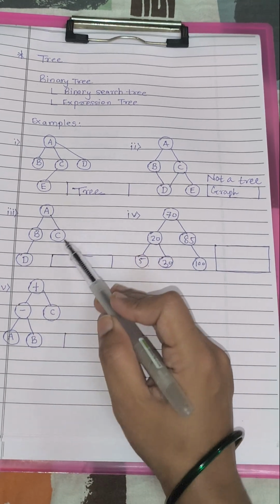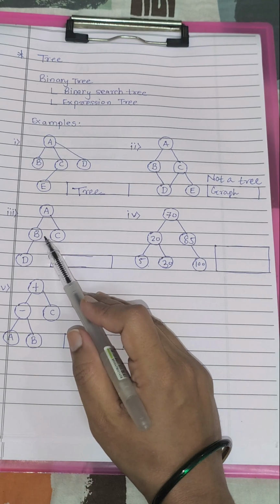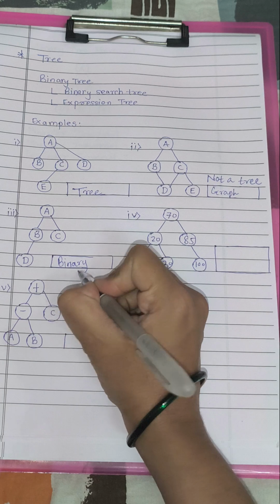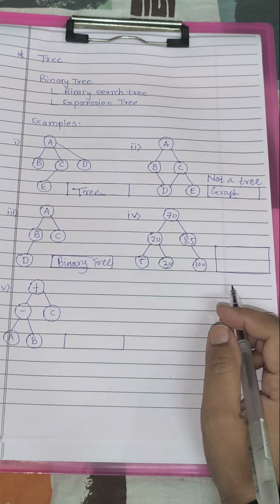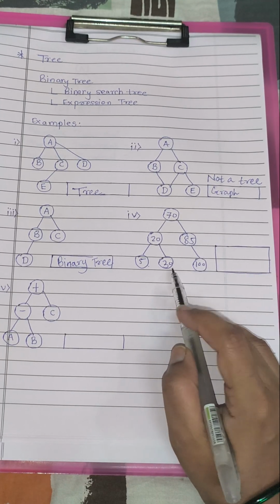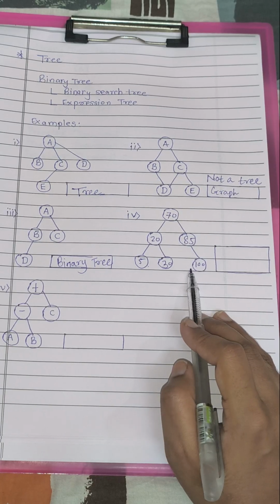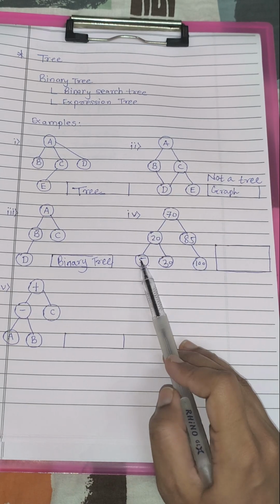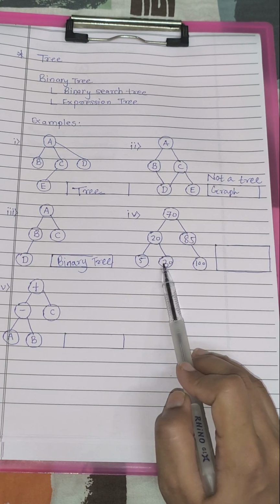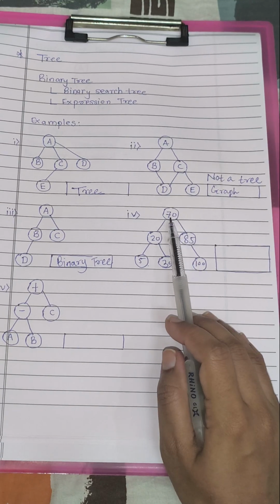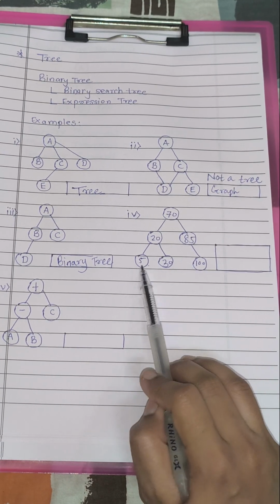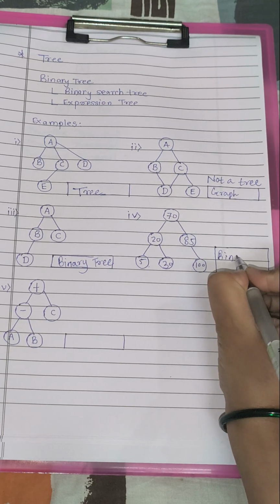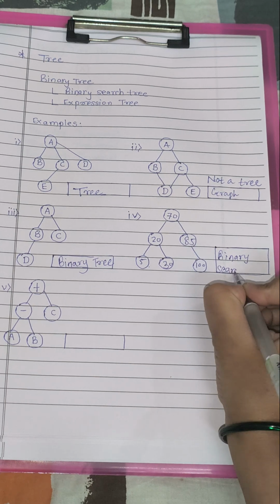Moving on to the next, there are no cycles involved, and one thing we can surely say is that each node has a maximum of 2 child nodes. So this is definitely a binary tree. Now moving on to the next one, where we can see some numbers. If we look at this formation, each parent node is greater than the left child value and smaller than the right child value. Indirectly, all the values on the left side of a parent node are smaller and on the right side are the greater ones. So it is clearly a subtype of binary tree called a binary search tree.